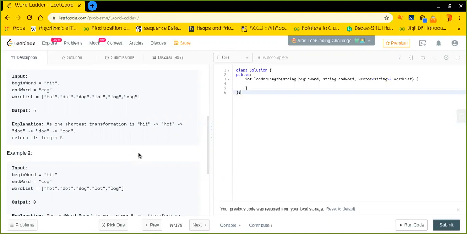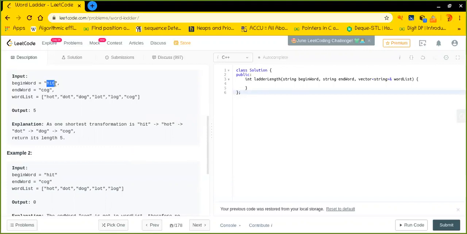If unfortunately we cannot transform it, then we return 0, which means it is impossible to transform. Otherwise, if a transformation is possible, then we need to return the minimum number of conversions required to make it possible.